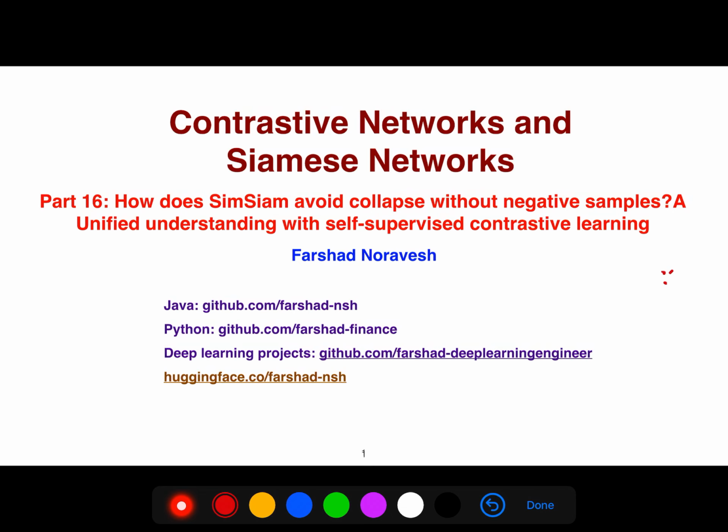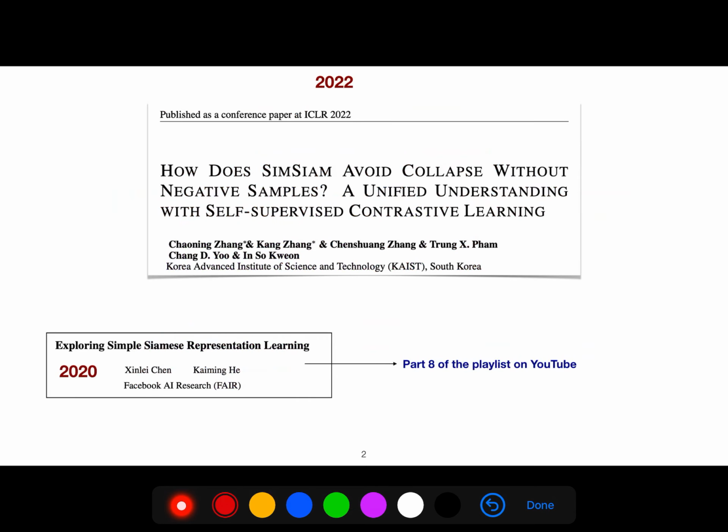In this lecture, I'm going to be explaining this paper, "How Does SimSiam Avoid Collapse Without Negative Samples? A Unified Understanding with Self-Supervised Contrastive Learning." This is an ICLR paper from 2022. But this one, which is a positive sample, is part A of this playlist on contrastive learning,